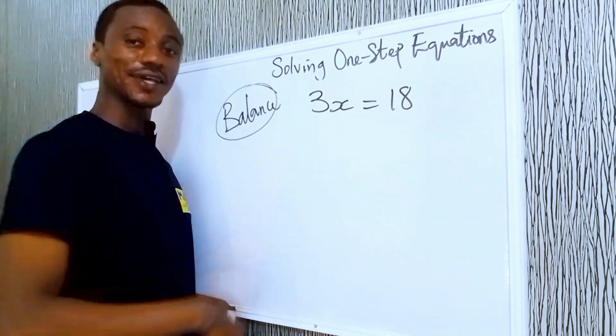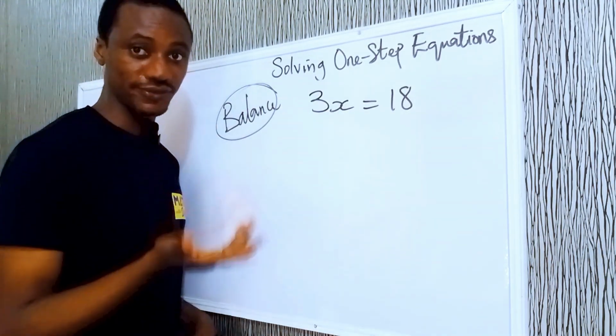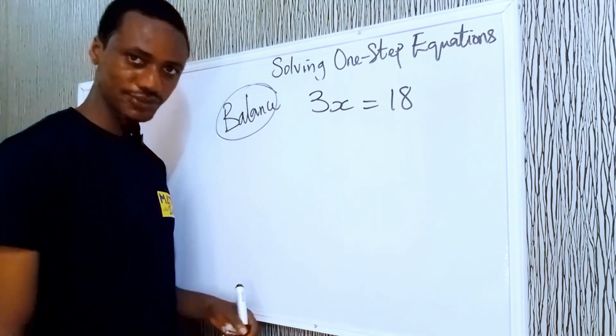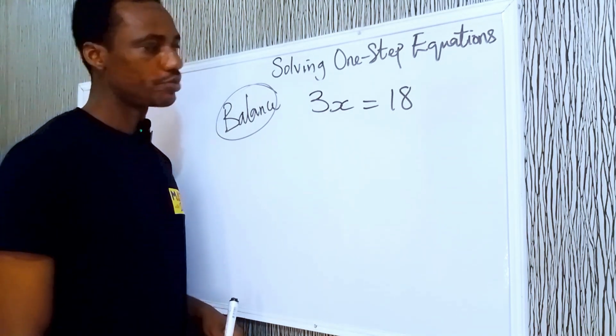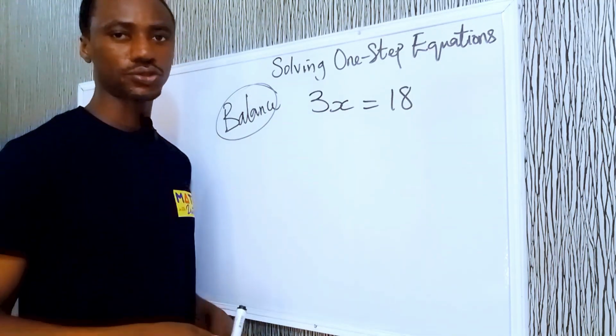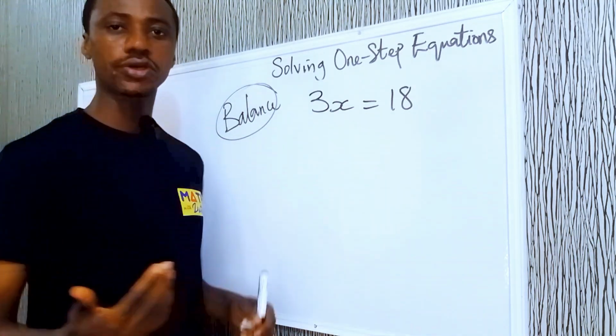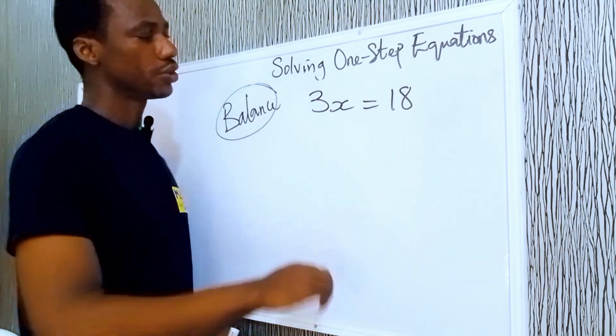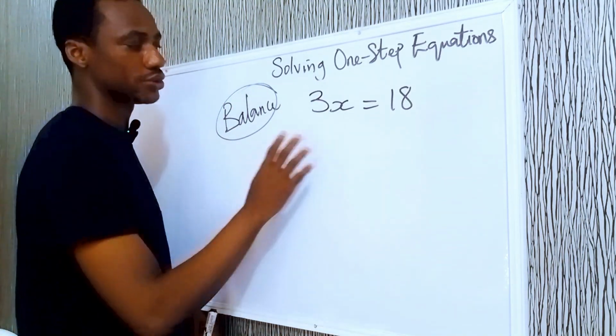So how do we reverse multiplication? We do division, right? So if we divide this by 3, we have only x. But we can't do that only to one side of the equation. So we have to do it to both sides. So if you get to this point in your solution, you must remember that whatever you're doing must be done to